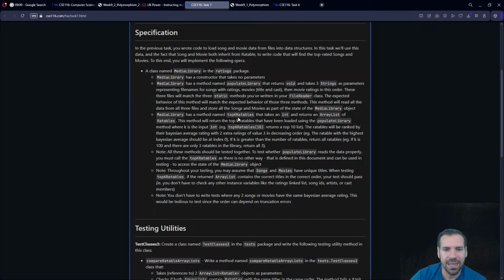And the rest of the assignment is writing this top k ratables, which is going to give you the top k ratables in order of their Bayesian average rating, with 2 extra ratings of 3. So the same setup as your Bayesian rating comparator. And it's up to you how you want to sort. Any way you want to sort. You can use your